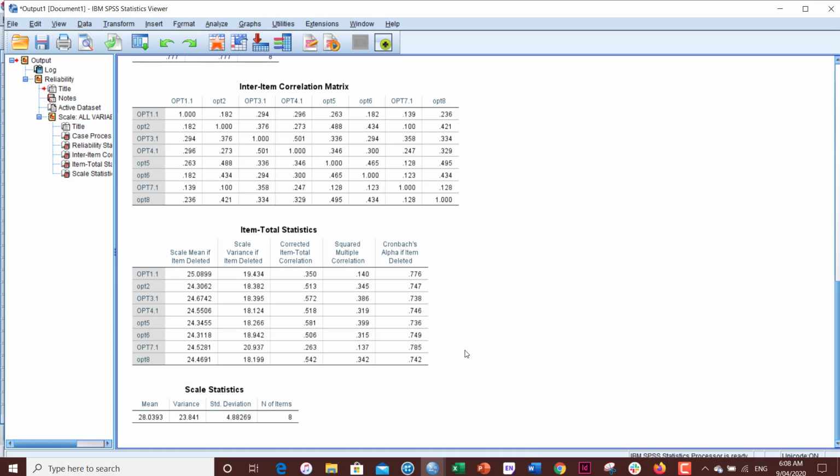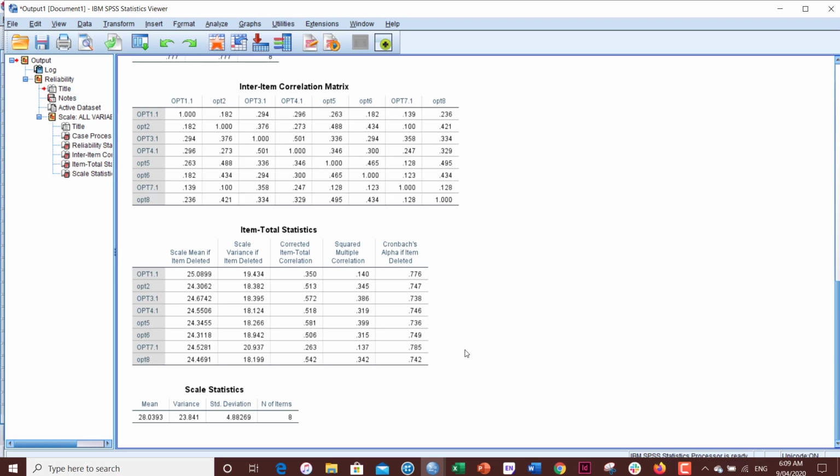If there was a bigger difference here, then we could delete that variable from the calculations and start again. That's going to increase the reliability of the scale. But for this one, really isn't needed. So in practice, what this might mean is that if one question on a customer satisfaction survey, for example, is not really adding any value to the overall customer satisfaction score, that might mean that you could drop that question or ask it in a different way to get some different data. If you want more information on how to interpret these results, though, have a look at Chapter 15 in the SPSS Analysis Without Anguish textbook,